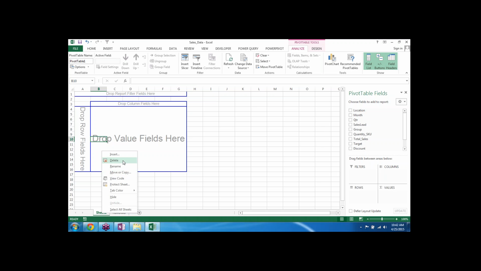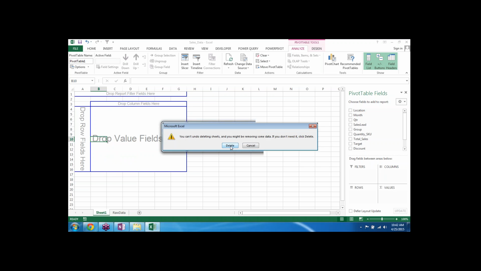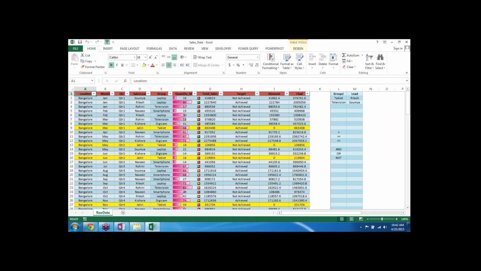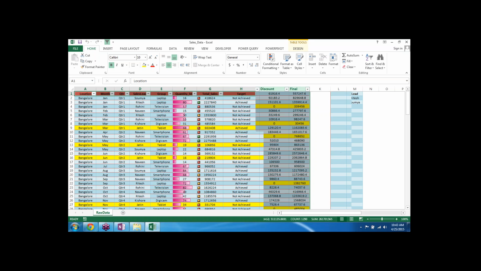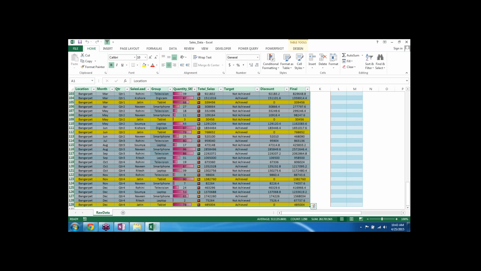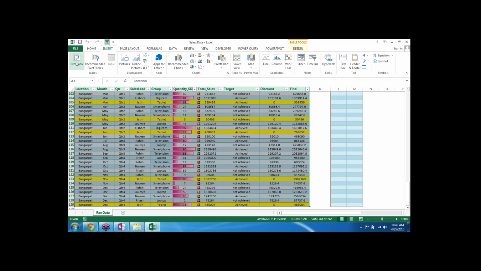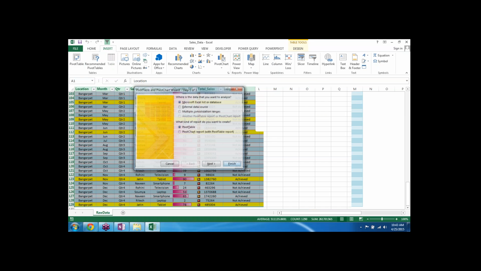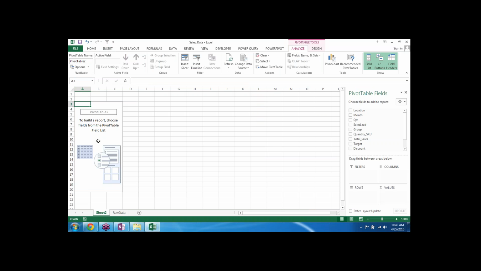See, what I wanted to say is that whenever you have data, and if you want to draw some conclusion out of this data, first of all, you need to make a pivot. For making a pivot, select the entire data, and then either you can go to insert and say pivot table, or you can directly press Alt D P on the keyboard. It brings up this pivot menu. Now once it is here, you can see that it gives you the new view of pivot. But we don't want that.